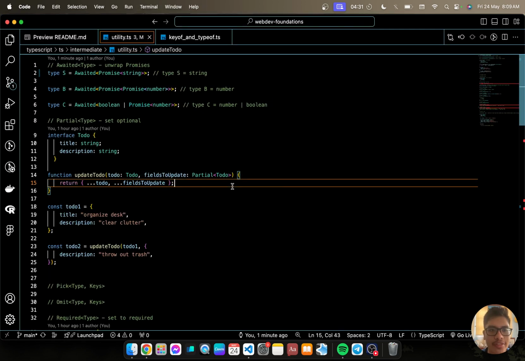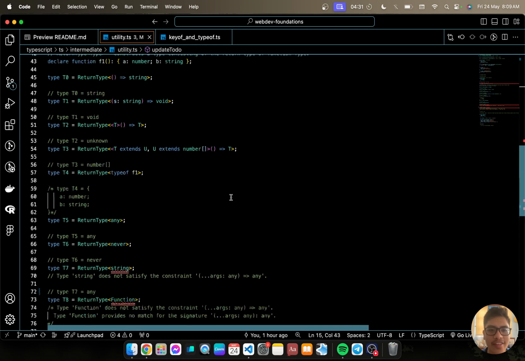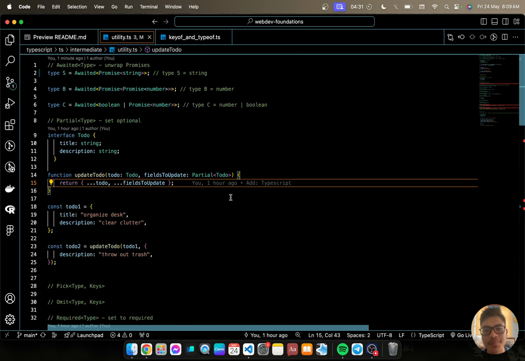So here are the common utility types that George and I have identified that will be useful for us. We have the Awaited type, which unwraps promises. Here we have type S equals Awaited<Promise<string>>, so type S is essentially a string.